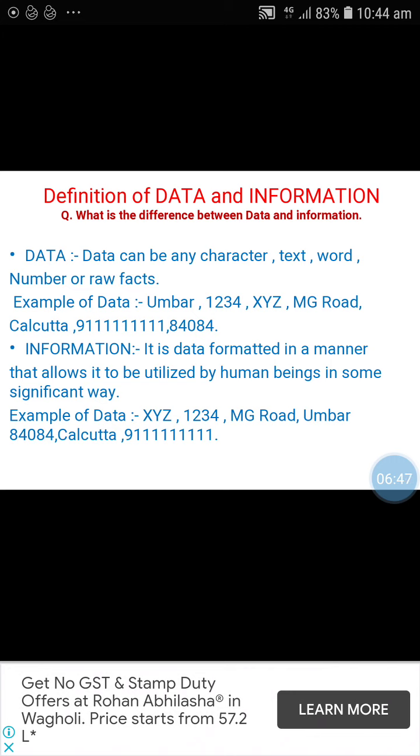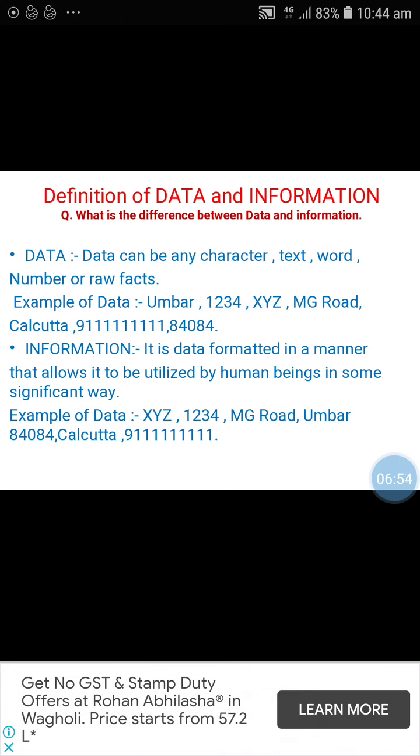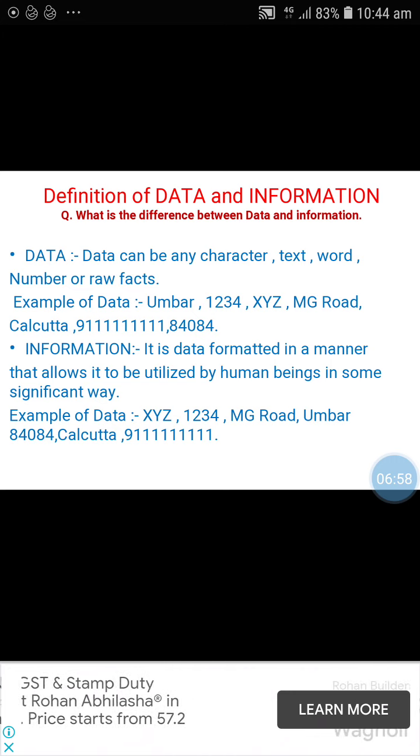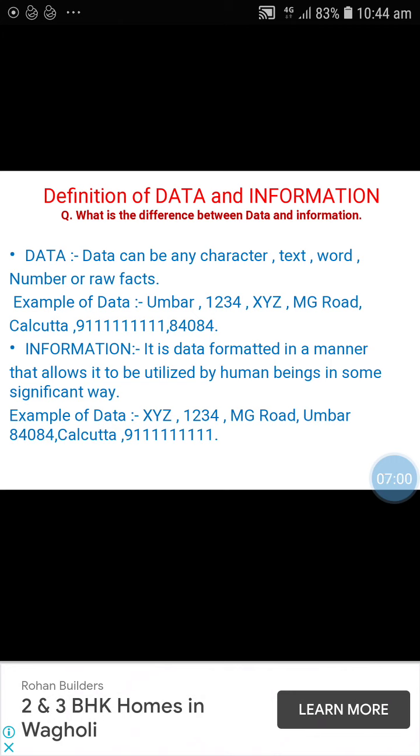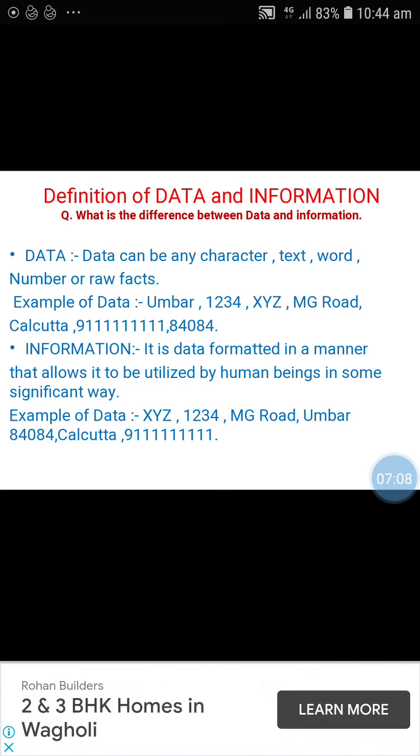Information is data formatted in a manner that allows it to be utilized by human beings in some significant way. Example of data: XYZ 1234 MG Road, Umber. This is the address of some shop or some house in Kolkata.